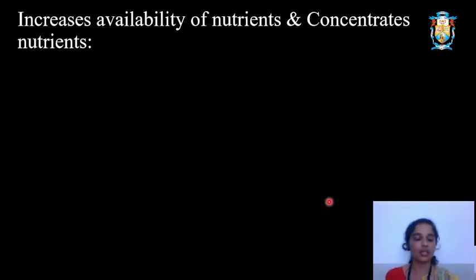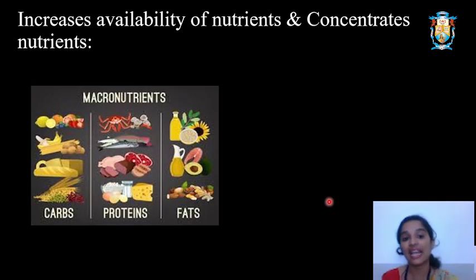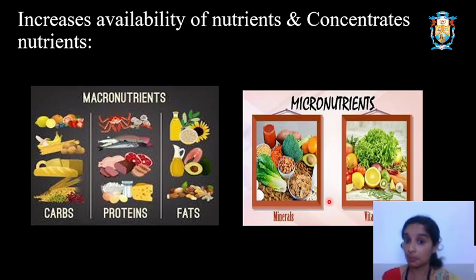And also, if I take the next objective, that is increases availability of nutrients and concentrates nutrients. So what are nutrients? Nutrients are the chemical compounds present in the food, mainly macronutrients and micronutrients. Surprisingly, our own body is made up of nutrients. Macronutrients include carbohydrate, protein, fat. Micronutrients include minerals, vitamins. And here, the amount you take matters, how you cook matters, and also the way